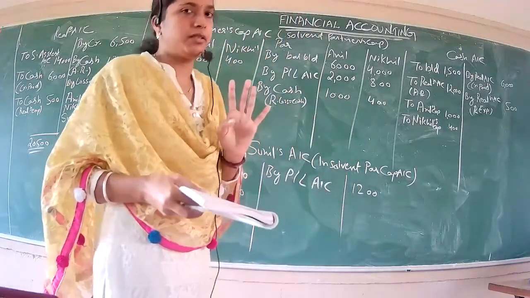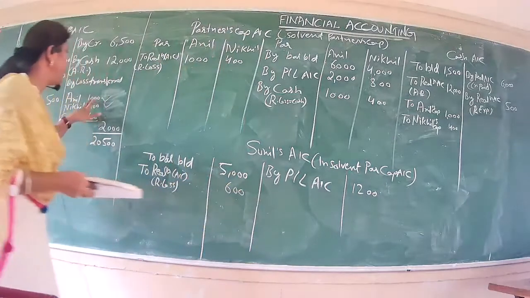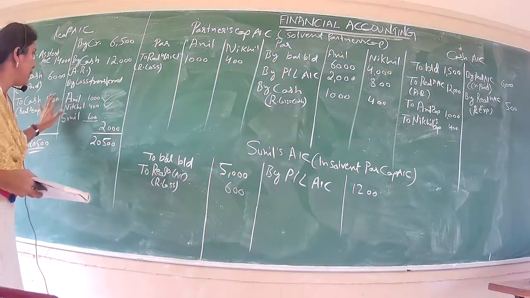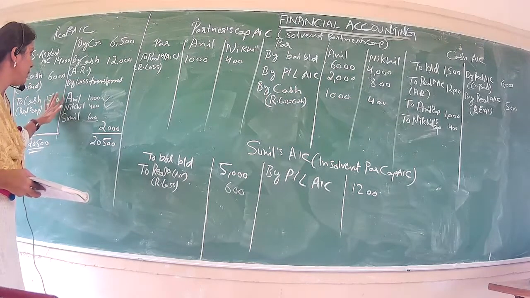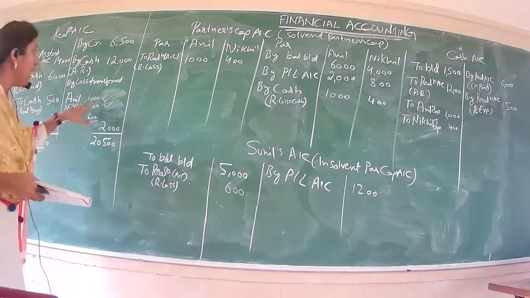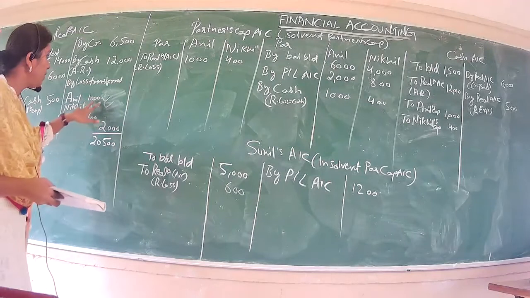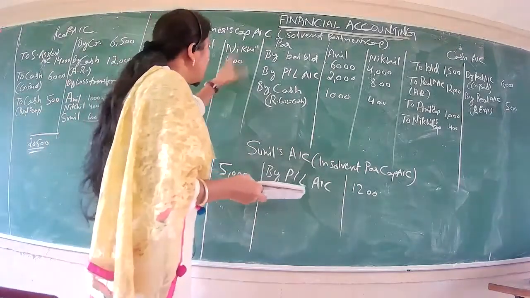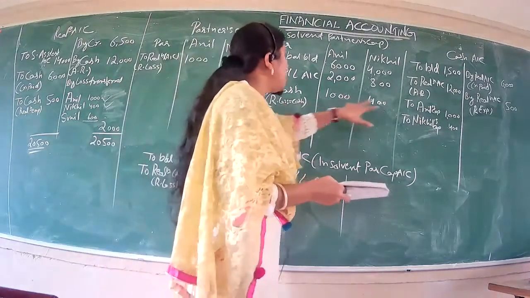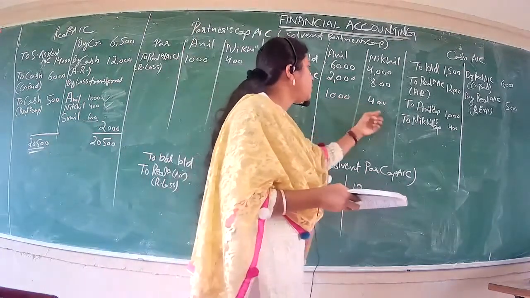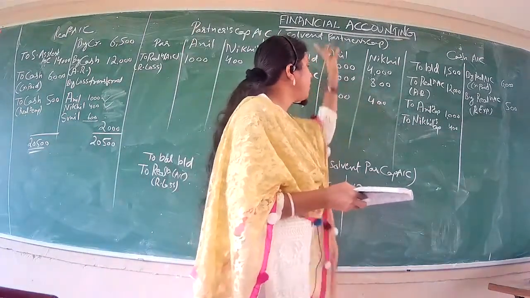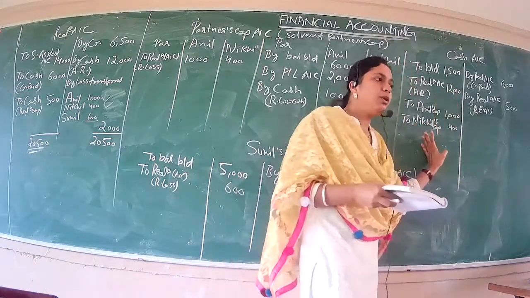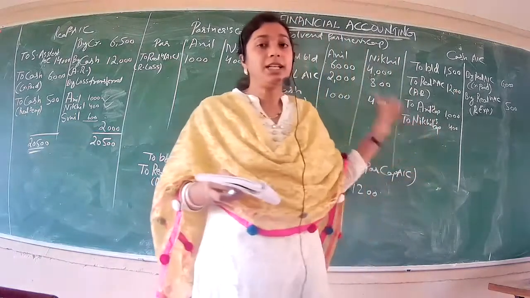The rule will not be there. Only in case of realization loss do we have to check who the solvent partners are. Here in this question, the solvent partners are Anil and Nikhil, and equal to their share of realization loss, they have to bring the cash into the firm. When they bring the cash into the firm, it will affect their capital account, and we have to make the counter entry in the cash account also. I hope that is clear till here.